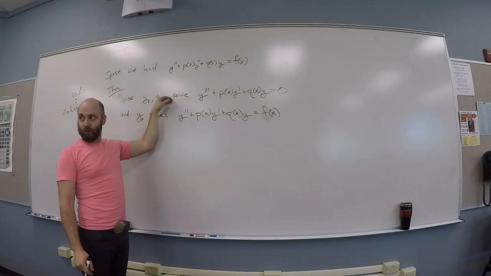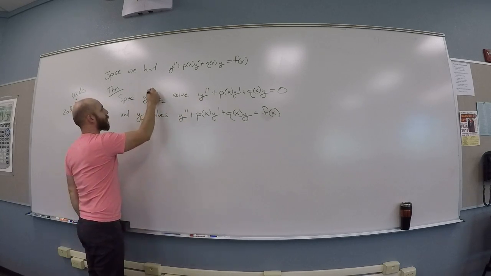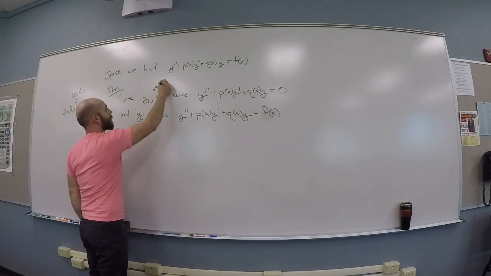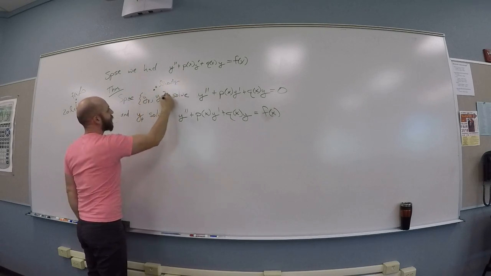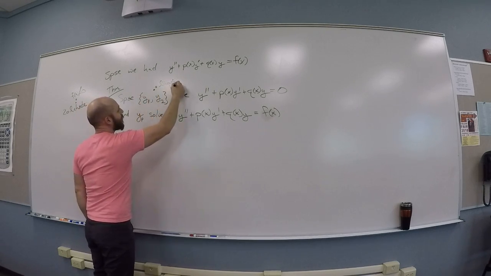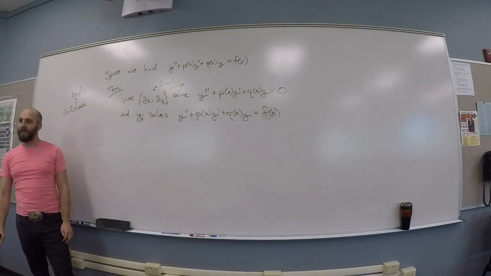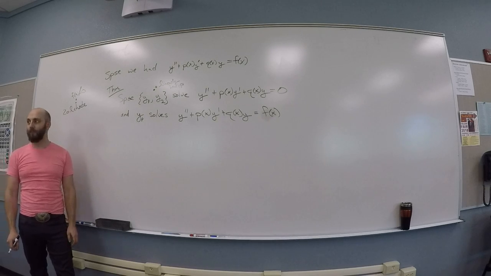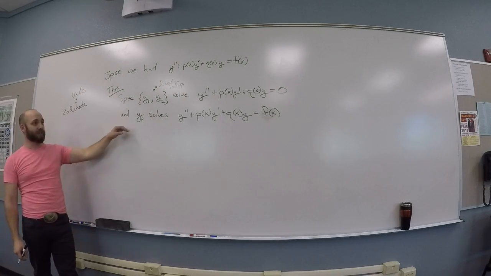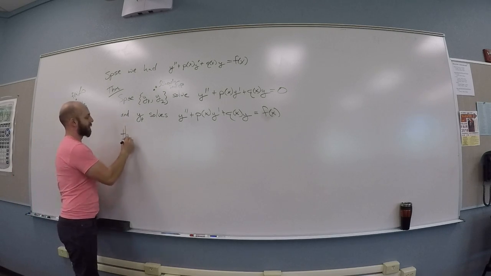So I've got my two solutions to the homogeneous thing, and these really need to be linearly independent. If I found two linearly independent solutions to the homogeneous version and a particular solution to the differential equation, then